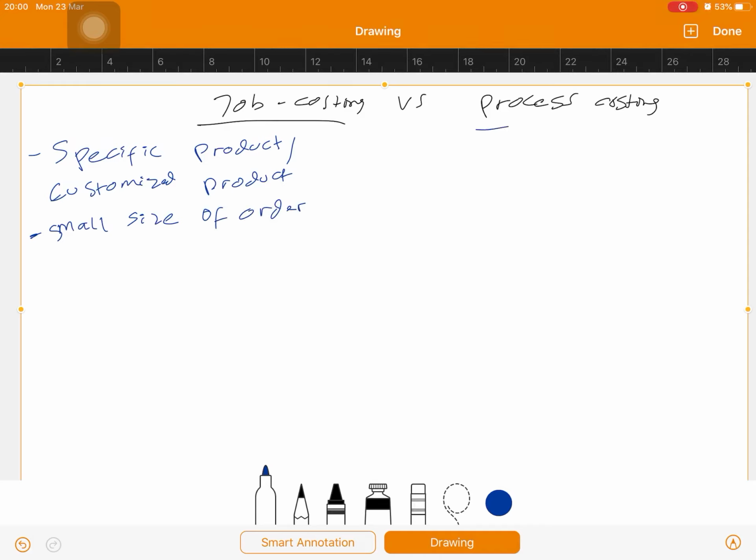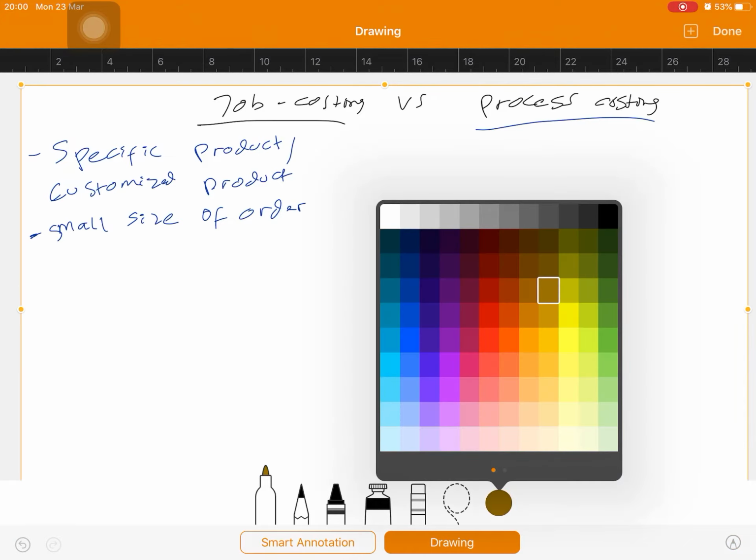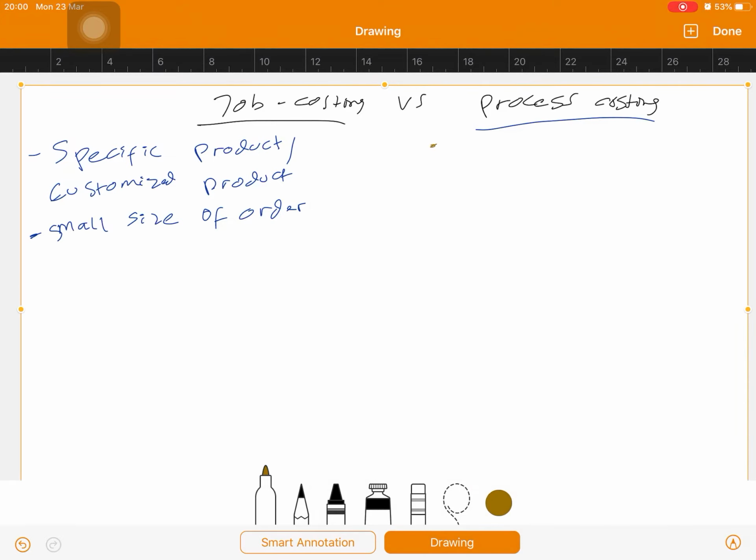But for process costing, the product is a homogeneous product, which means that the type of the product is only one similar product, and massively produced. So for process costing, the company produces the product in a really big amount of